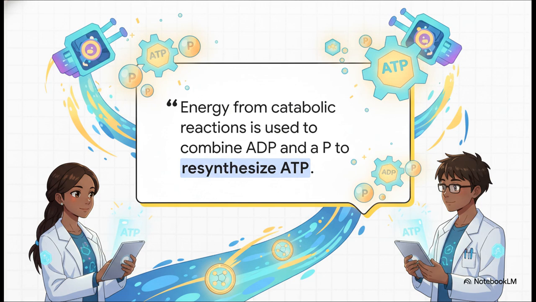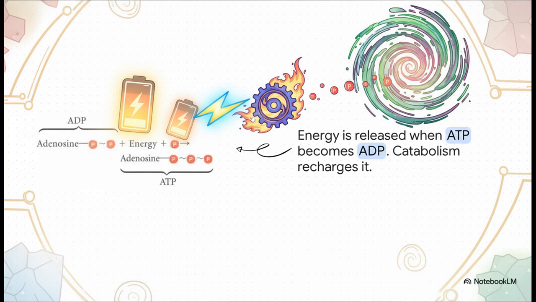Every single time a catabolic reaction releases some energy, the cell basically mints a new coin of ATP. And this is the beauty of the system. It's so elegantly simple. ATP is like a fully charged battery. When the cell needs to spend some energy, it just pops off one of those phosphate groups. That releases a burst of power and turns the molecule into ADP. Think of it as a partially charged battery. Then the energy from catabolism comes along, reattaches that phosphate, and boom, it's recharged back to ATP, ready to be spent all over again. It's a brilliant, endlessly repeatable cycle.